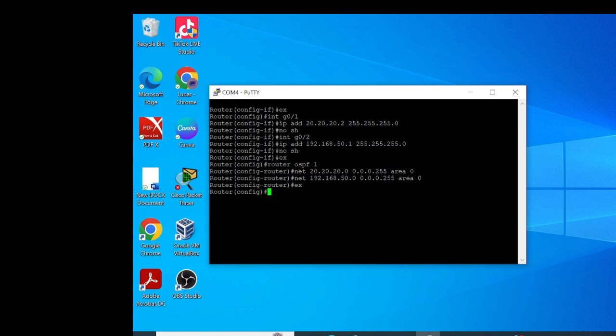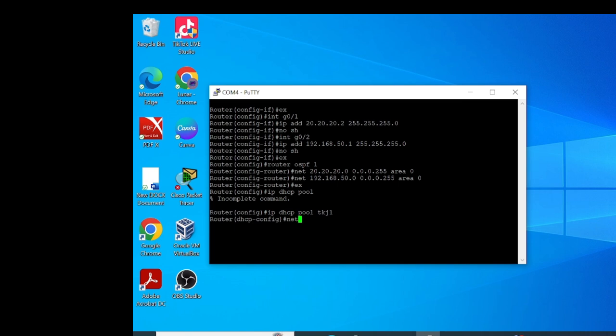We have exited from the previous configuration, and next, enter IP DHCP pool like this. IP DHCP pool, the name is TKJ 1, and then enter.